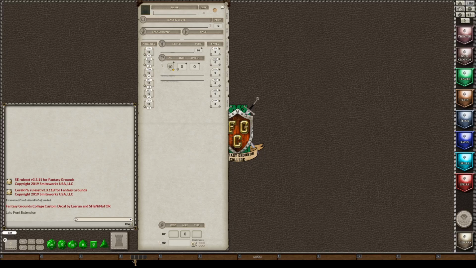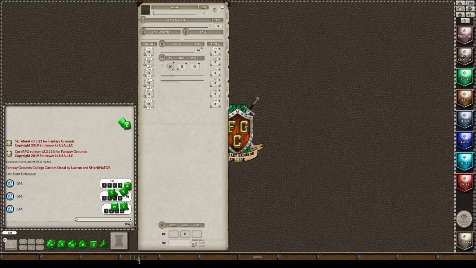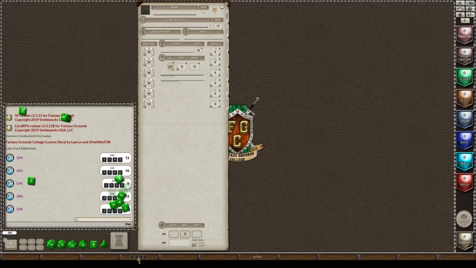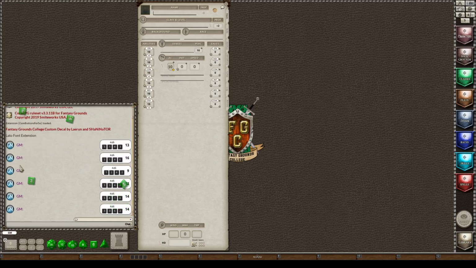But I have these 4d6 saved down here in my toolbar. So I'm just going to click on it 6 times, and those are the numbers that I will use. Okay, so what do we have? We have a 12, a 15, an 8, a 10, a 13, and a 12.